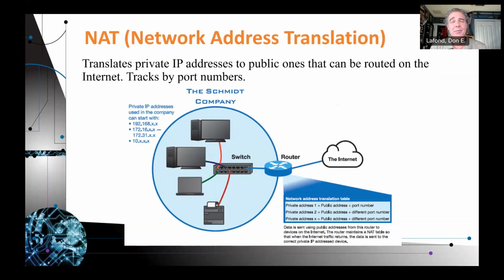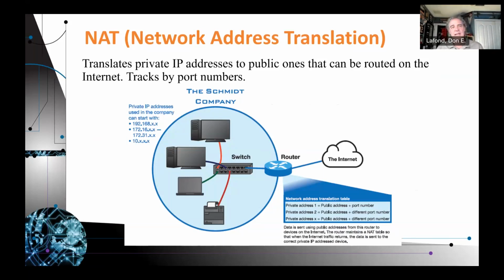NAT is how private addresses remain private and public. You only have one public address on your home computer. The college I teach at actually has 5 IP addresses, and those 5 IP addresses are how the world interacts with the college, and everything behind the edge routers has private addresses in the range of 192.168, 172.16, or 10 dot anything. Those are the private ranges that you can use. You're free to use any of those ranges in any manner that you want.